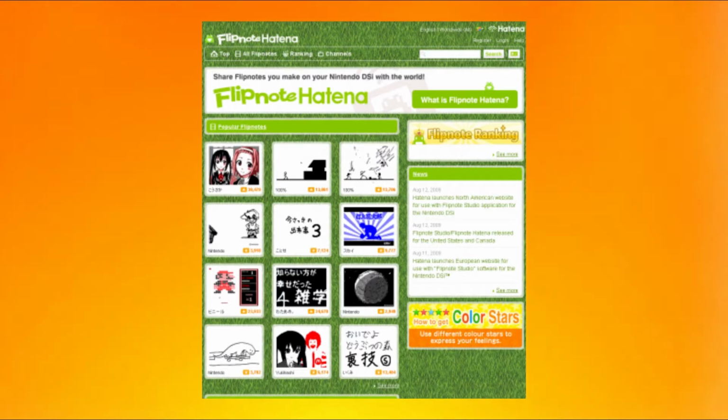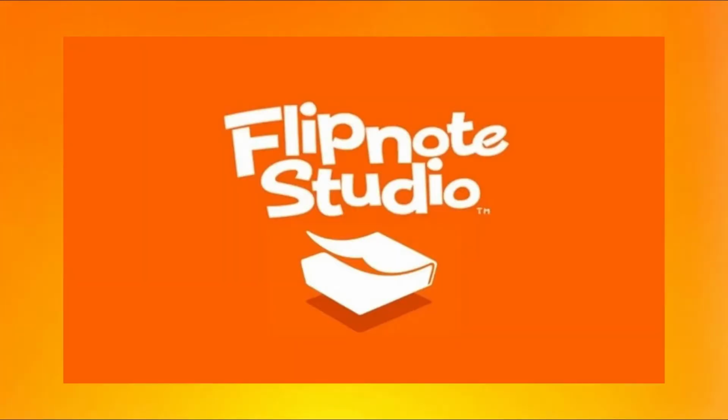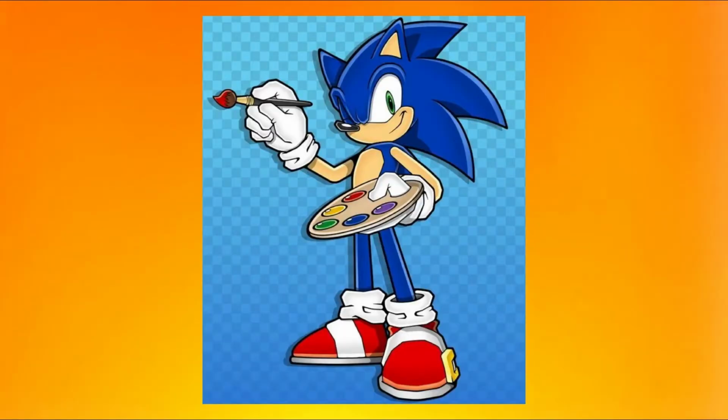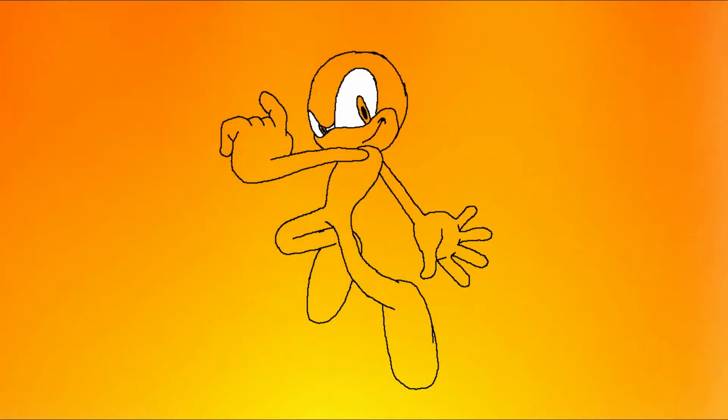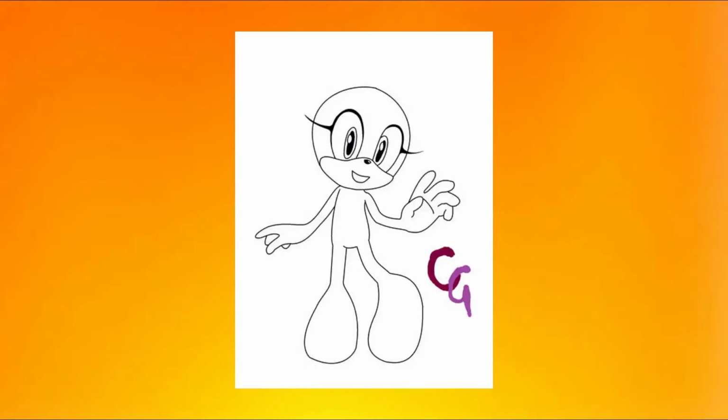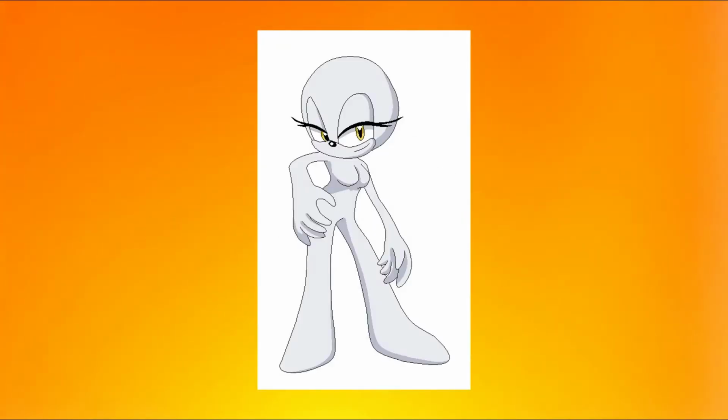Okay, so I don't know exactly what it's called, but this is what many artists did a while back on Flipnote within the Sonic community, and I think they did it in all types of other communities as well. It's not limited to the Sonic community. People took DeviantArt bases and traced over them on Flipnote, and they would make these little things where people can edit the bases and draw their characters on top of it, and then you can tag whoever you want to tag and they'll do it as well.